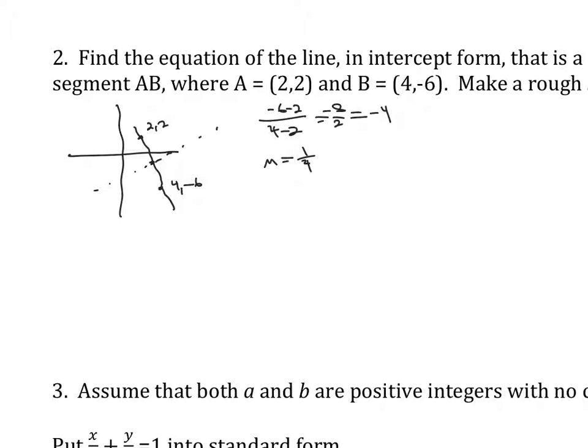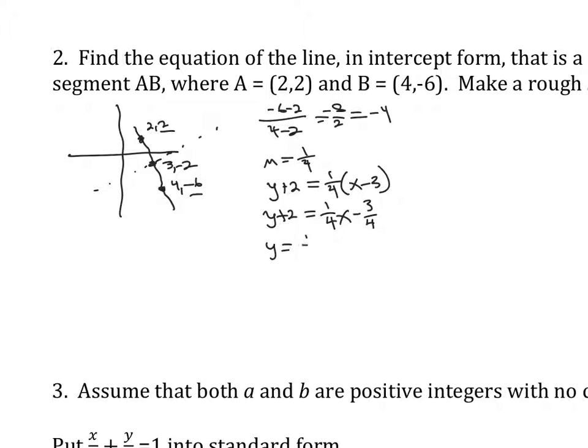And so we know that we have (2, 2) and (4, negative 6). So what I like to do is think of, all right, half the distance from an x of 2 to an x of 4 is going to leave us at an x of 3. And half the distance vertically from 2 to negative 6 is going to give us a y value for that halfway point of negative 2. And so now we have that y minus negative 2, or y plus 2, is equal to 1/4 times (x minus 3), or y plus 2 is equal to 1/4 x minus 3/4,